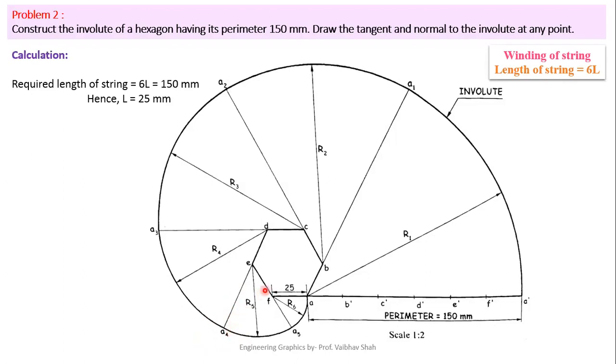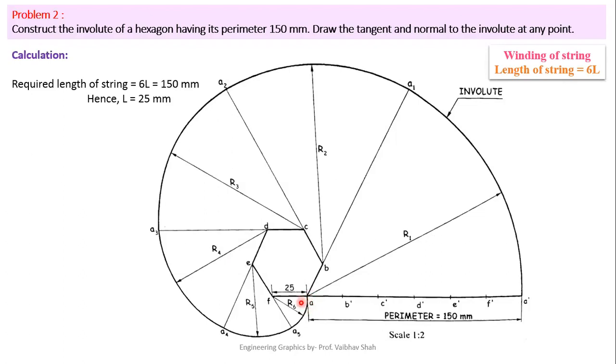Now change the center to E. Now E as a center, EA4 as a radius, draw one circular arc, which will intersect your tangent line of F somewhere here. You will have the A5 point. Now change the center to your final center F. Take radius equal to FA5 and try to draw this arc, and it will close the curve at point A.